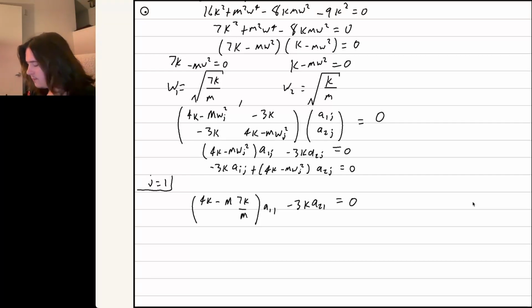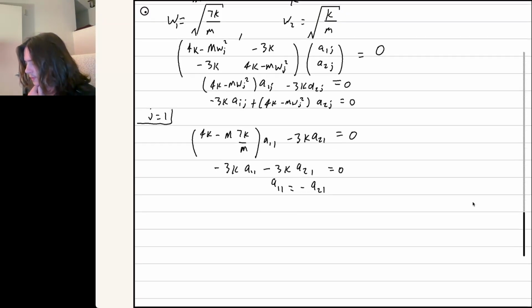Simplify that, so it'll be minus 3k a11 minus 3k a21. What you're finding is that a11 is equal to minus a21